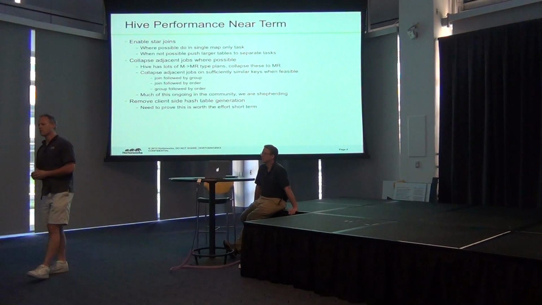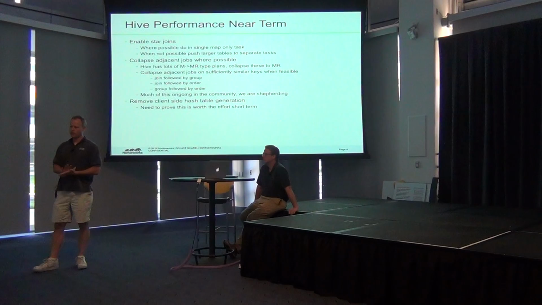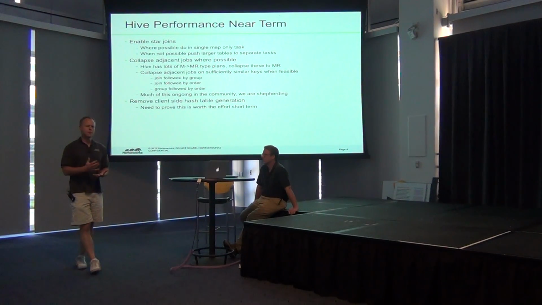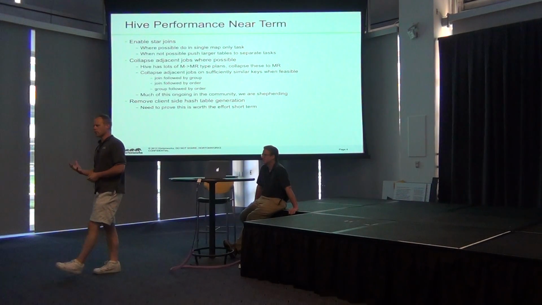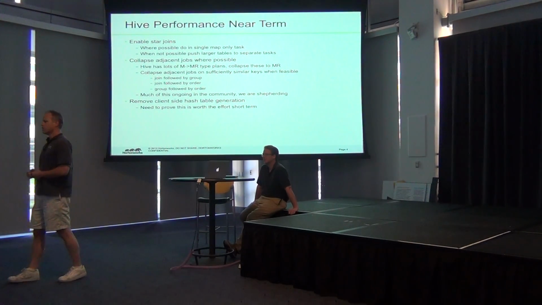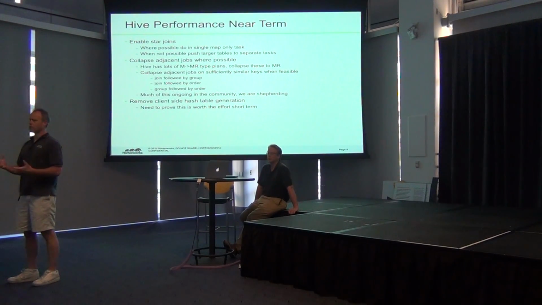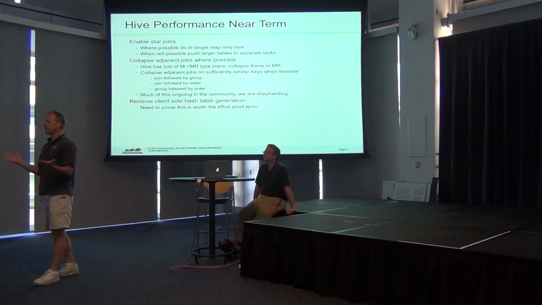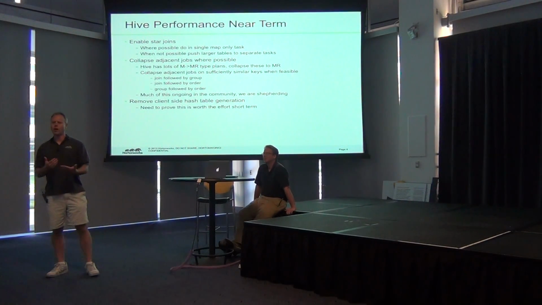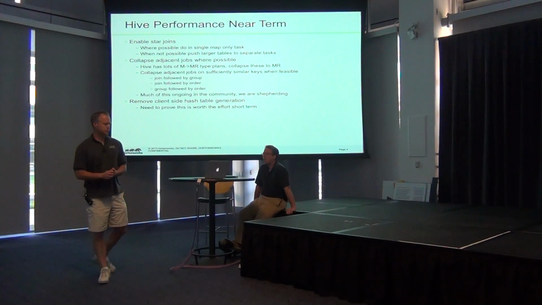A lot of places where there are adjacent MapReduce jobs, or map-only jobs followed by a MapReduce job, that you can push together. An example of that is if you have a group by followed by an order by in your query and they're on the same key, today Hive will still run those as two separate jobs, even though after that group by it's going to reshuffle that data and the partitioning is going to end up exactly the same as it was. It doesn't realize that, it doesn't take advantage of it. And there's a number of places where that's true.